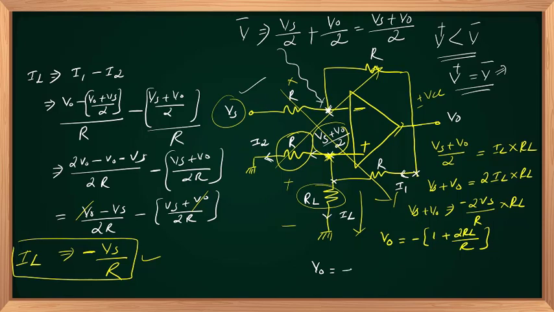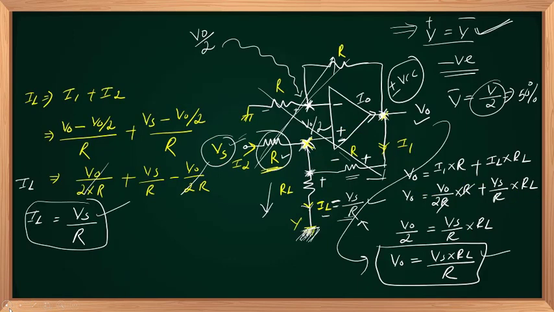V out is equal to minus of 1 plus 2 times RL upon R. As we discussed, if these cross products are matching, IL is directly equal to source by this resistance with a negative sign in this case,